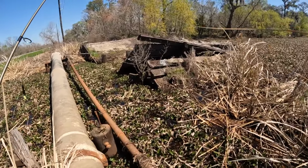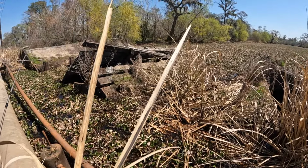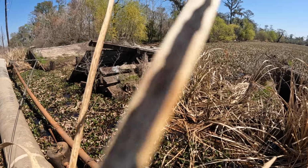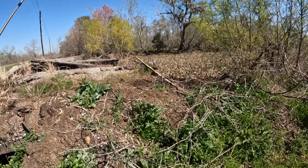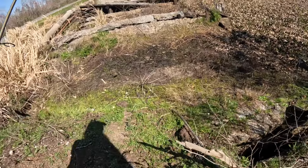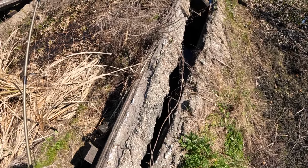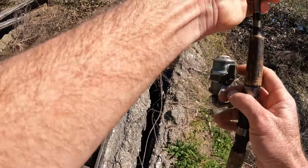Maybe this was not a train. It was just an old road that came through here. It doesn't look like a train bridge. Looks like they laid asphalt over a wooden bridge. That's exactly what this is. Asphalt on top of a wooden bridge. Well, anyway, I'm on top of the ruins of it,